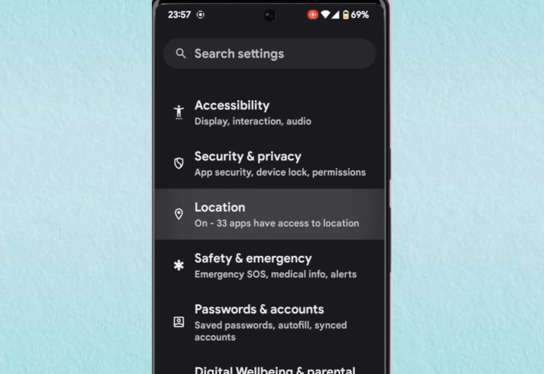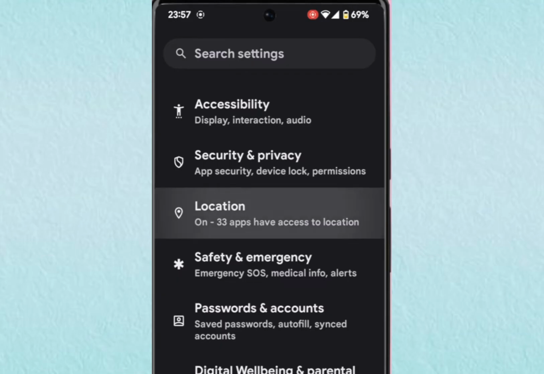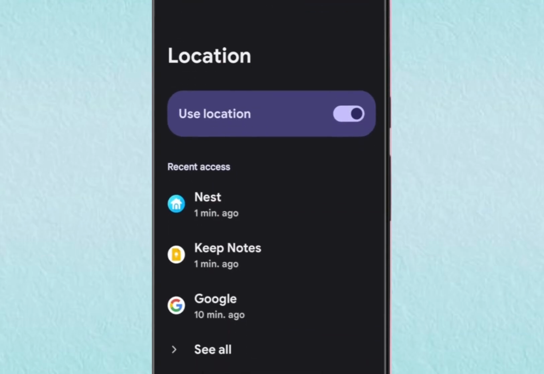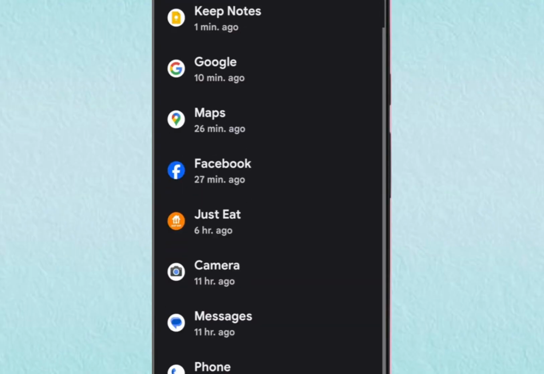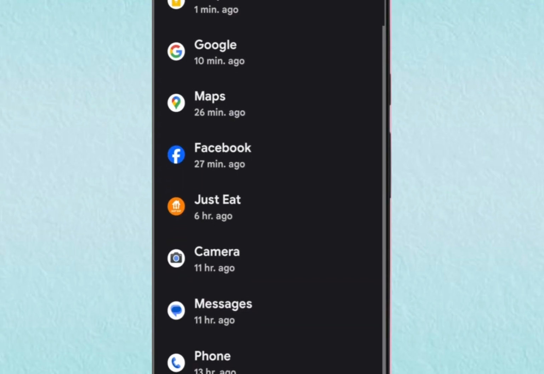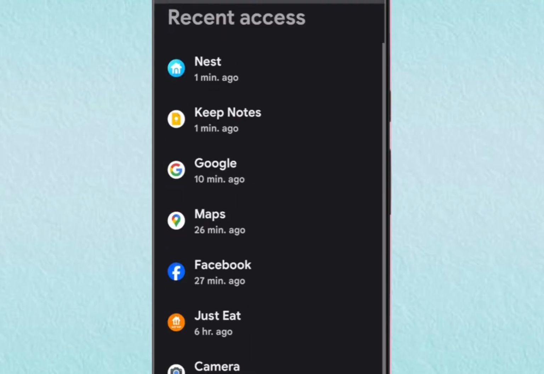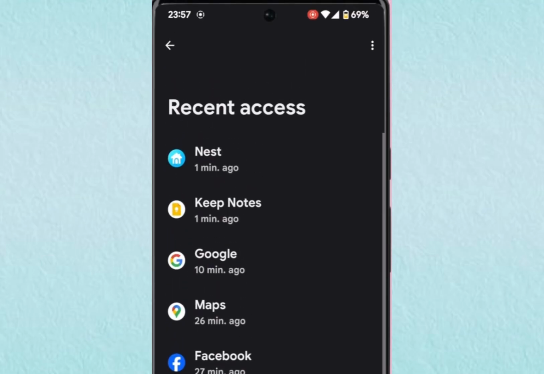When you tap on Location, you'll see whether it's currently turned on, and you may also notice how many apps are actively using your location. If you want to see which specific apps are using location tracking, you can tap on the option that shows all apps with location access. From there, you can manage location permissions for individual apps and turn them off one by one if you prefer